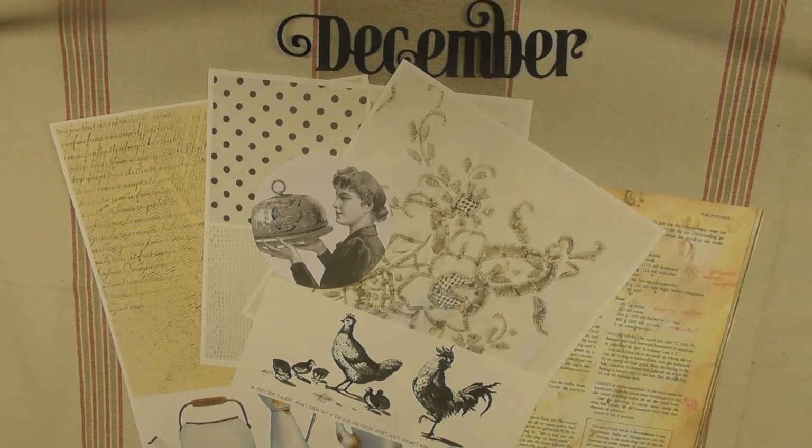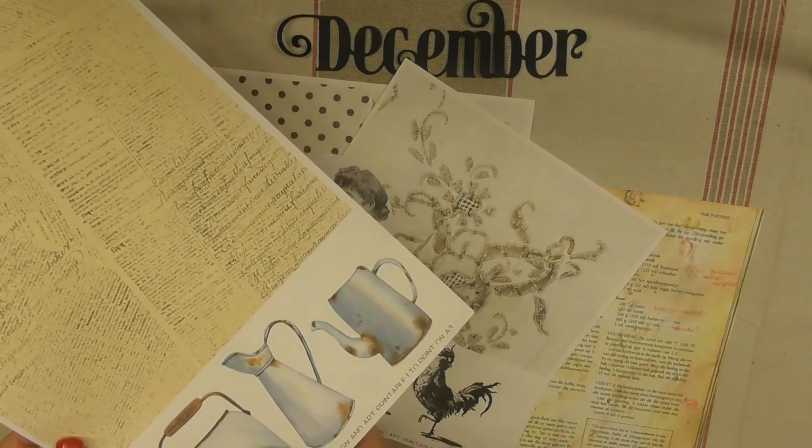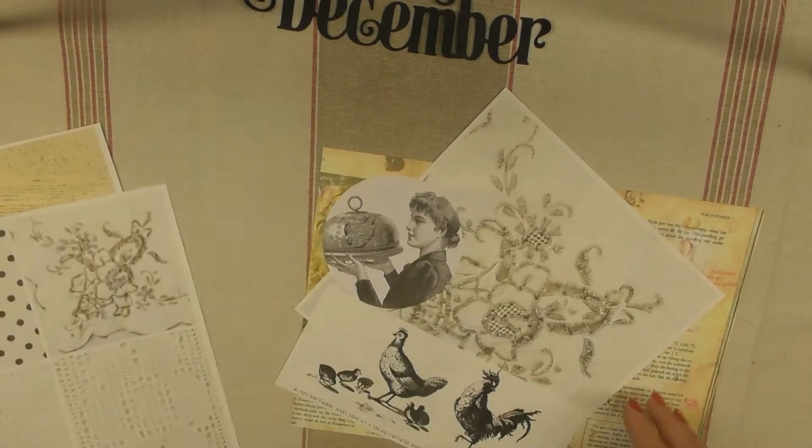Welcome back, day 5. We are journaling about our favorite recipe and we are using index cards or record cards as journaling cards and talking about pockets in journaling, because journaling cards and pockets go hand in hand. I've pulled some papers from Prickly Pear's pack. Really, what I liked about the pack: the enamel elements, serviette, the chickens, some of the lace doilies, and then